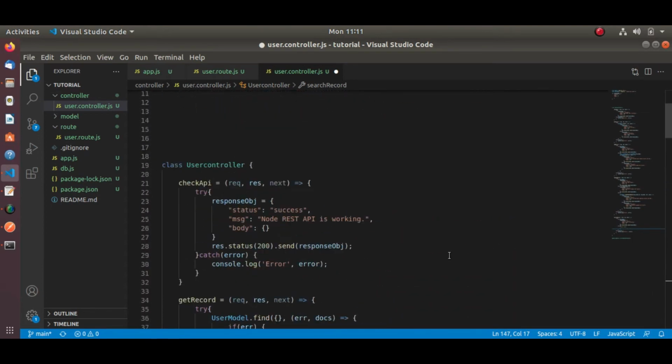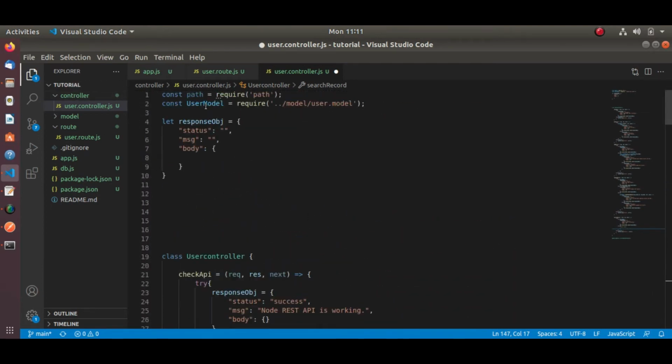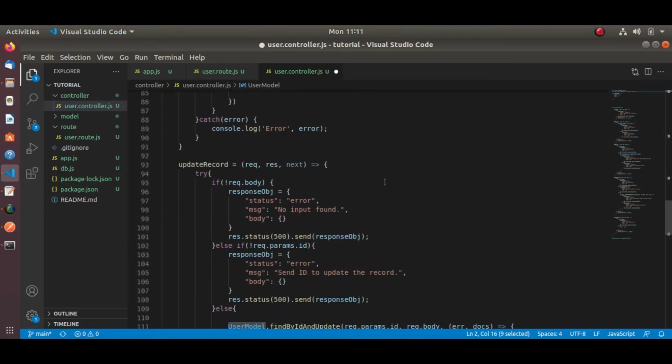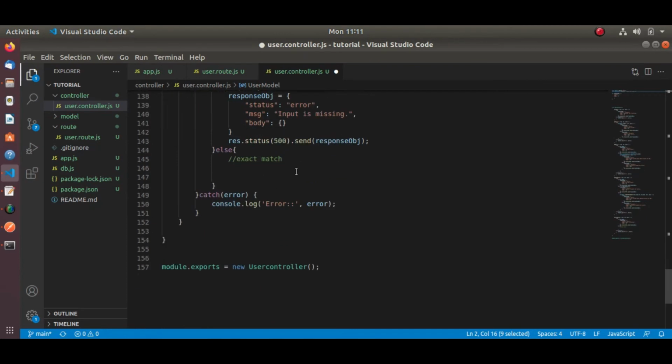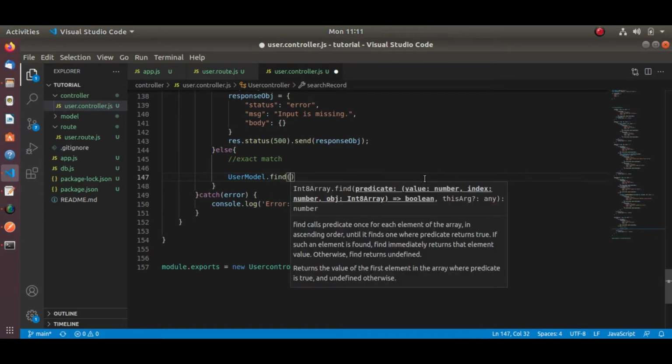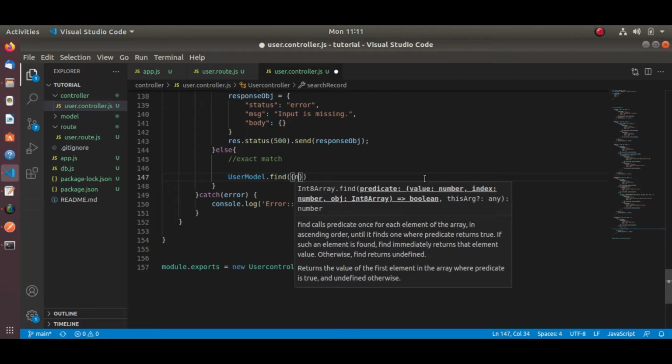So here, as we already have our model, let's copy the same user model. So here what we will do, dot find, let's say we are searching by name, right?